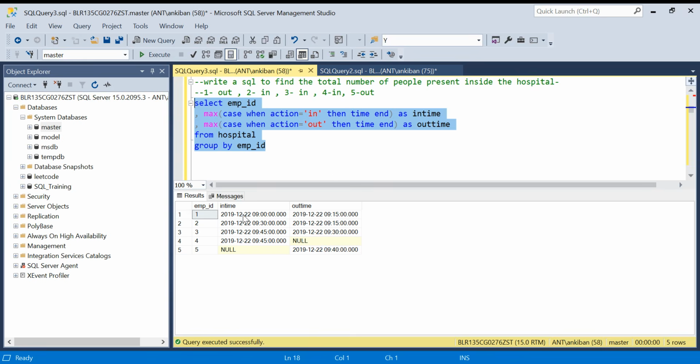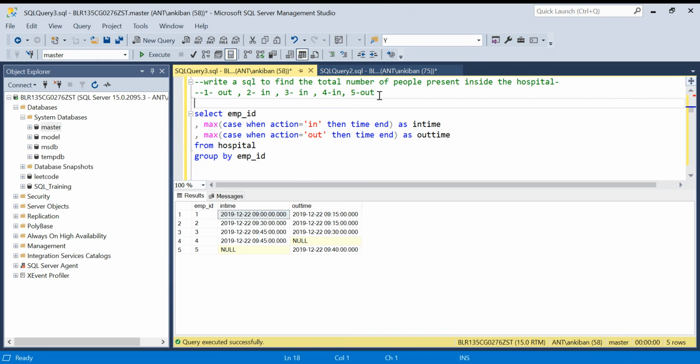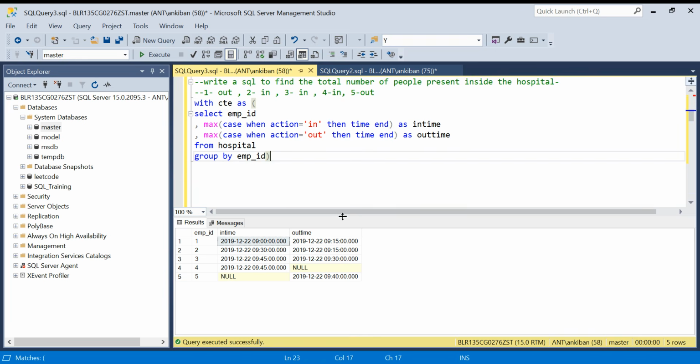Okay, so we got it for employee ID 1. The maximum in time is this and the maximum out time is this. So I can just say where in time is greater than out time. Now, how can I say that? Either I create a CTE, I can say with CTE as this, or I can put this in a having clause also. Let me do it with the CTE and then I will show it with the having clause as well. Now I can say select star from CTE